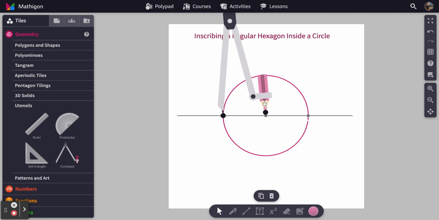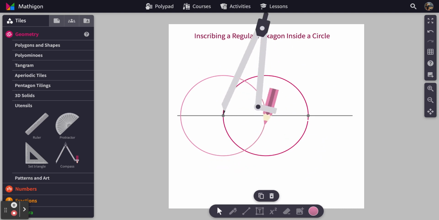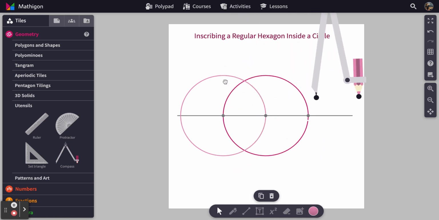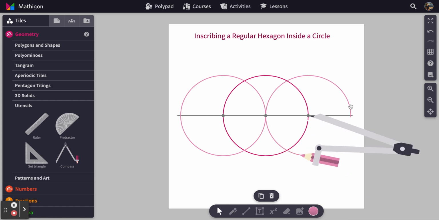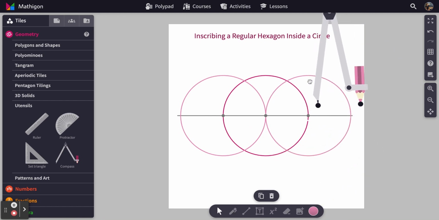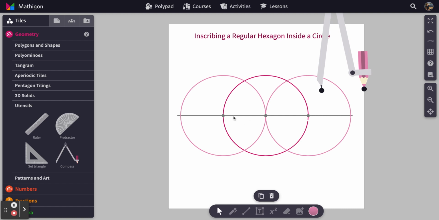And I'll just change the color just for the purposes of what we're doing. So that circle I just drew is congruent to my original circle, and I'm going to do the same thing right here. Construct a 3rd circle, again congruent to the original circle. Now you'll notice where these 2 new circles intersected my original circle. These are points of interest. So we are going to mark them. These points of intersection are going to be added to the original 2 points, and we now have our 6